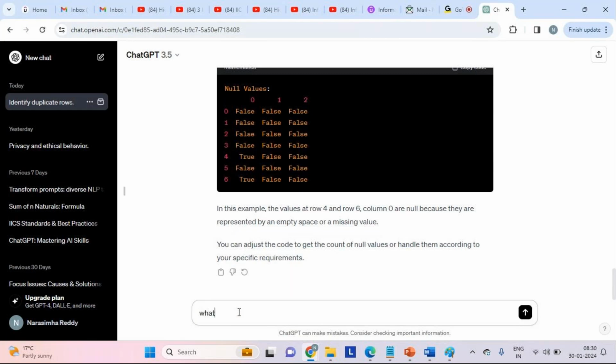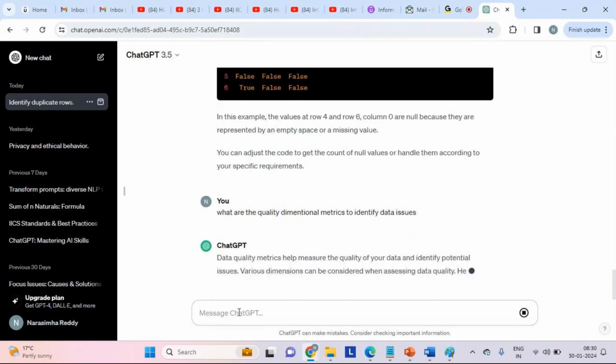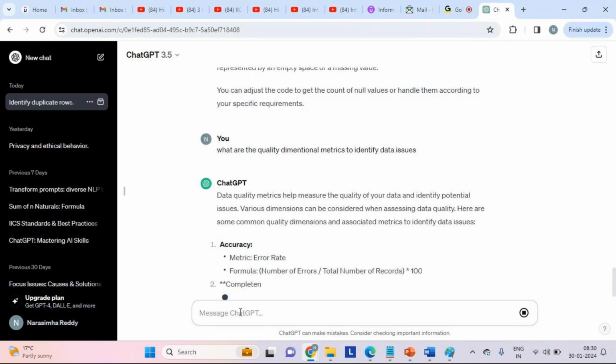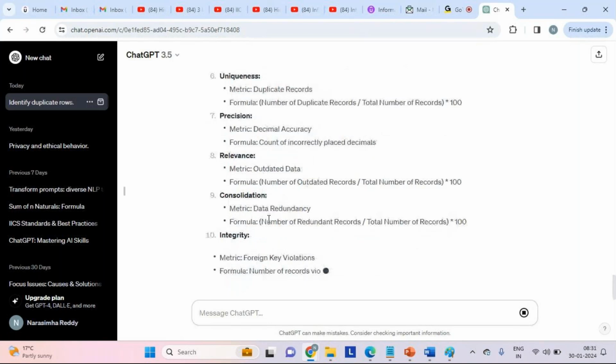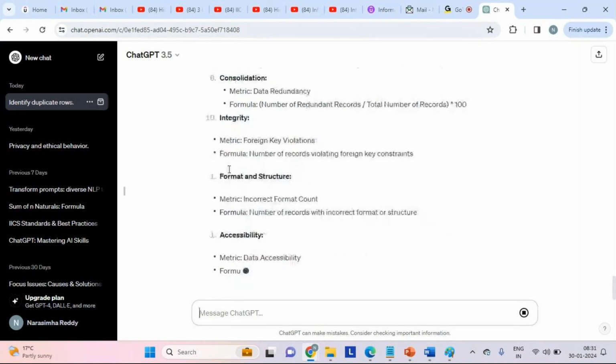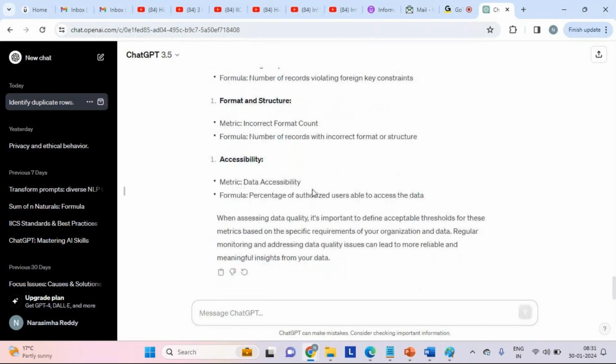So, what are the quality dimensional metrics to identify the data issues? See, now it is time to respond. See, completeness, accuracy, timeliness, validity, uniqueness, precision, consolidation, integrity. See here, it has given many dimensional metrics.